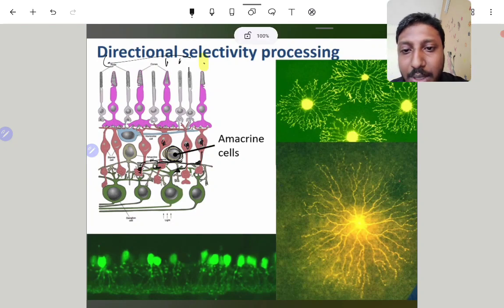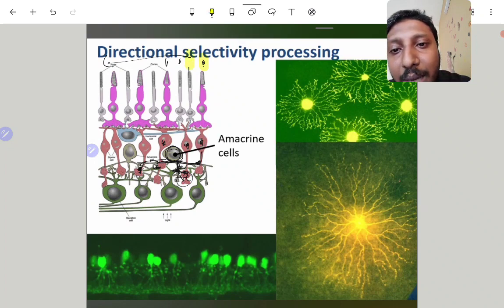So now what happens is, when this gets fired, this bipolar cell is inhibited, negatively inhibited. When this fires, this is inhibited. So when this object comes here, because of the inhibition of the amacrine cell, this won't be able to fire another ganglion cell.